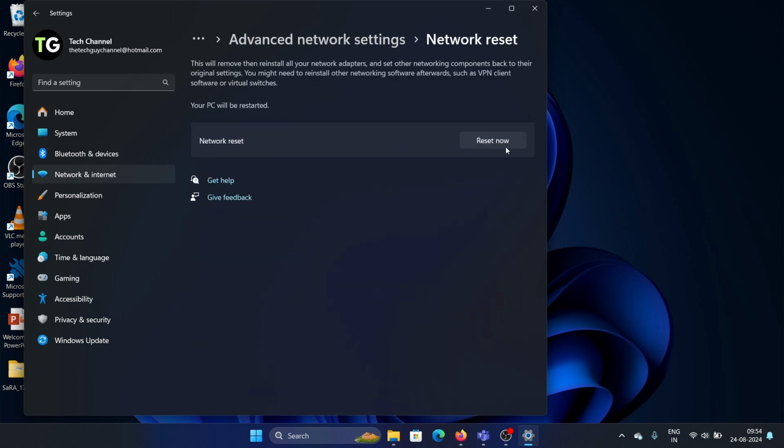Now when you press this button, it will reset the network and it will reset your computer and this error